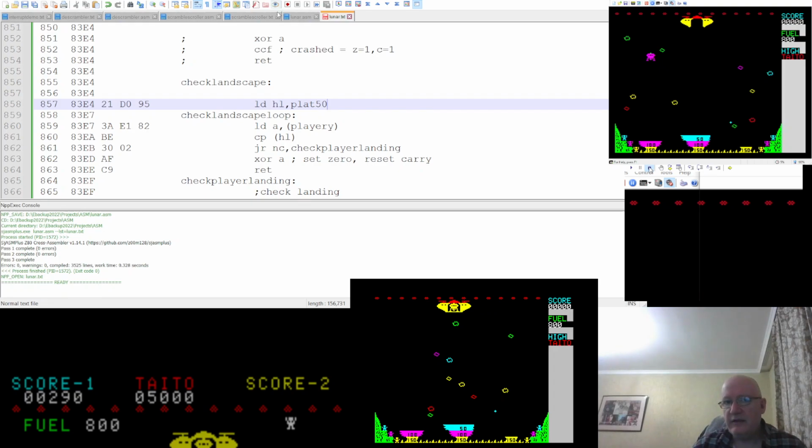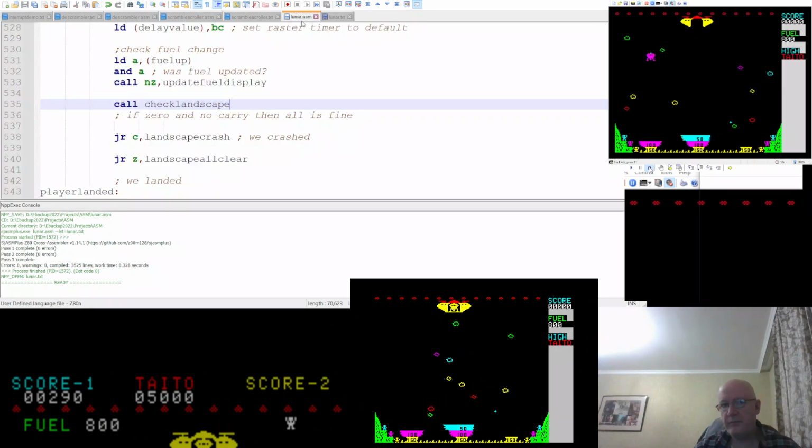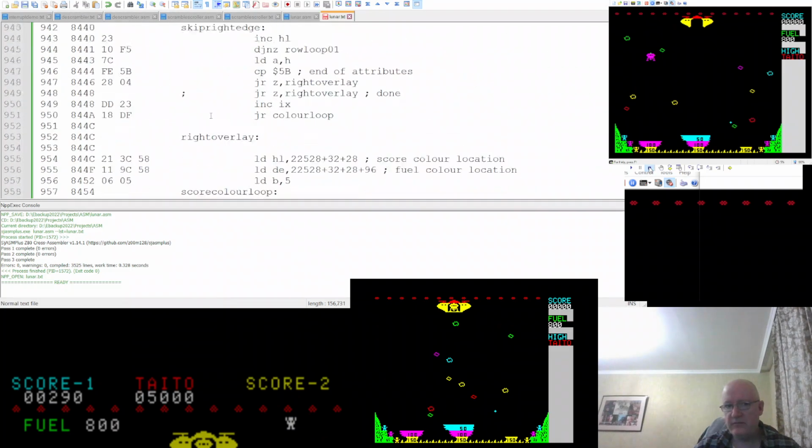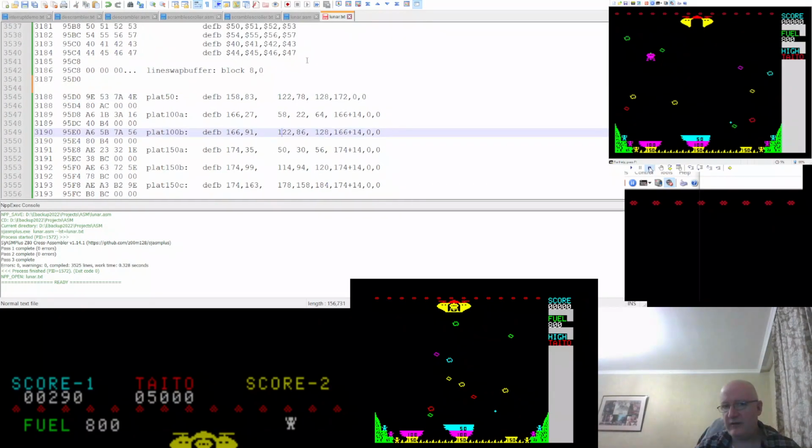So let's take a look at this. This works now, but what we have to do instead is, so what we're looking at, check landscape. You know what I could do, actually? This gives me an idea. You know those extra bytes that I've got in here? Yeah, here. Well, what I could do